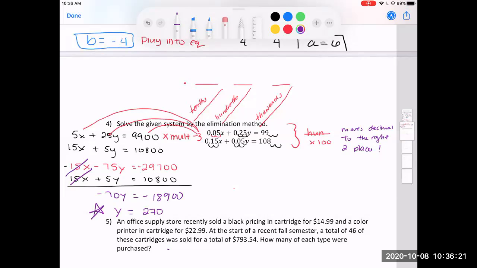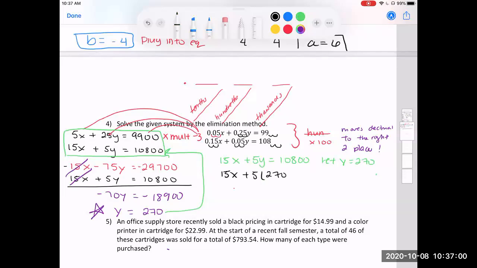Okay, now let's go ahead and plug it back into our equation. Which one? It doesn't matter. For my equations, I'm looking at the ones with whole numbers. I want to ignore that those decimals ever existed. Let's plug it into one of our equations. I'm going to pick that second one just because my y is a smaller number. So that I have 15x plus 5y is equal to 10,800. And now we let our y equal 270. So we have 15x plus 5 times 270 equals